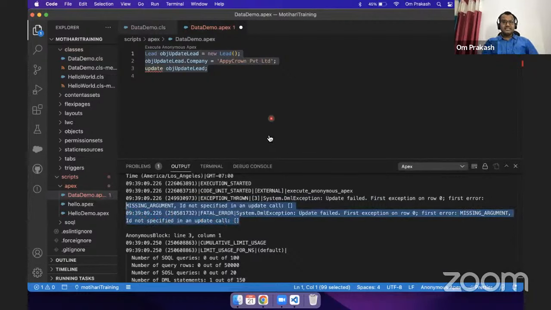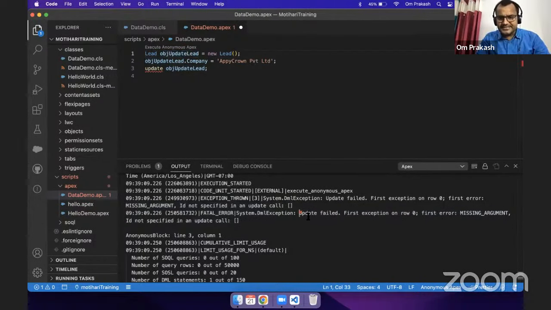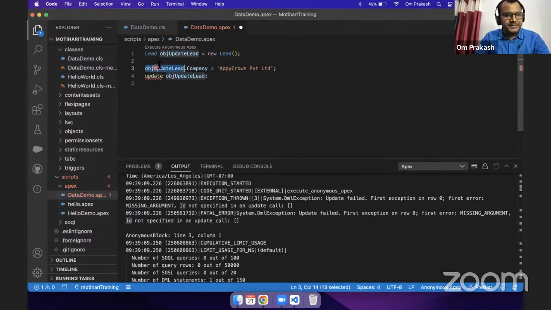याद रखिए जब भी आप रिकॉर्ड अपडेट करने जा रहे हो, आप किस रिकॉर्ड को अपडेट करने जा रहे हो, which record you are going to update, you need to assign the ID. Okay, मतलब understand the error message. It's telling you कि ID is missing because you are writing insert update here. So go here and write obj update lead dot ID equal to,